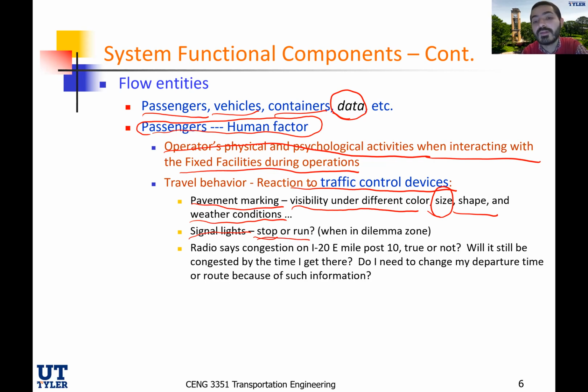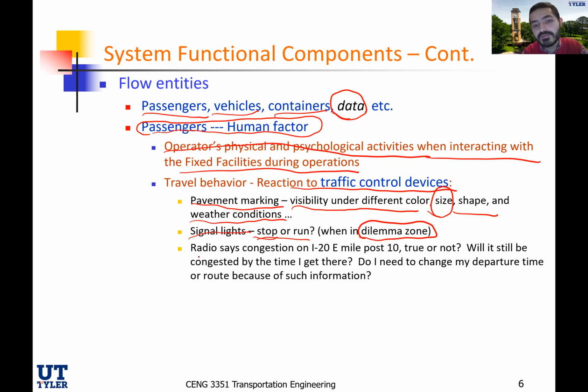If you are getting closer and closer to an intersection and it's just turning yellow, we're going to talk about this in the next lecture, what we call the dilemma zone. Sometimes you reach an intersection and you are very confused whether to push hard on the gas and clear the intersection while it's almost orange or turning red, or push on the brake very hard and stop before you reach the stop line. All these are something you need to keep in consideration.